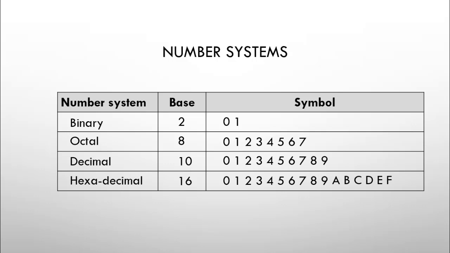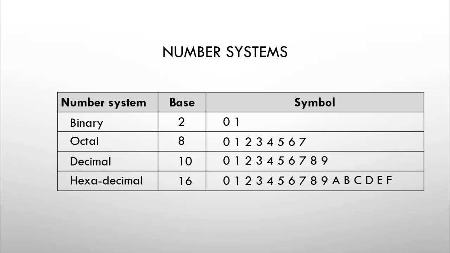So 10 can be represented using 1 and 0, 11 using 1 and 1, 12 is 1 and 2. So we will have a small confusion whether it is 1 0 or 10. So for all the 2-digit numbers we are going to represent them using A, B, C, D, E, F. There's no other reason for that. The reason is we will get confused between 1 0 and 10, or 1 1 and 11 in number systems.